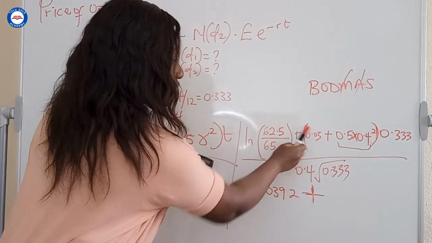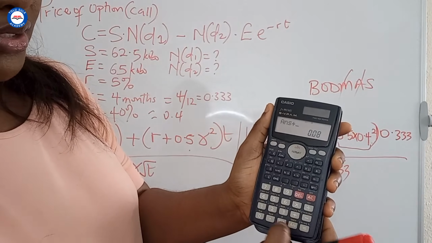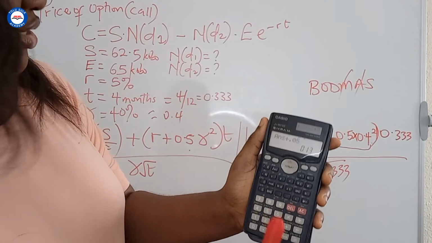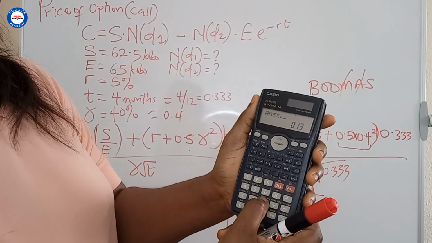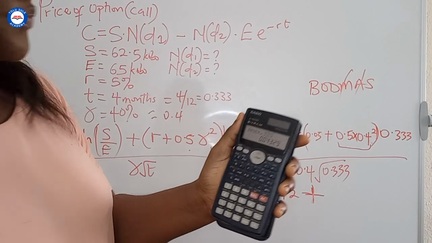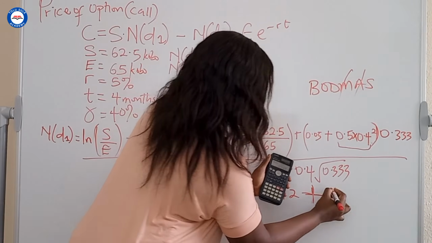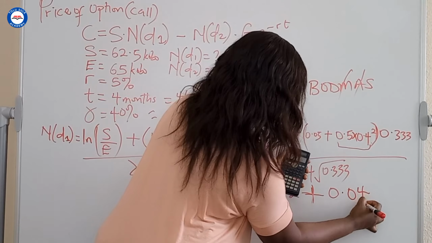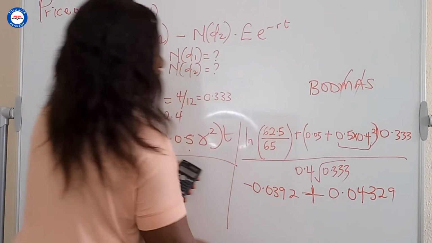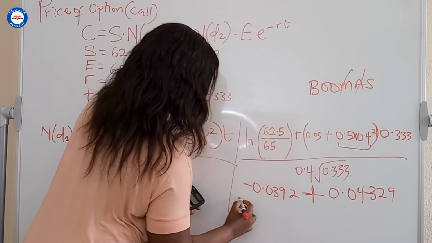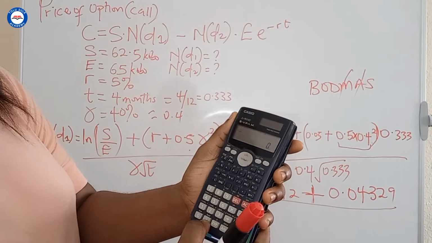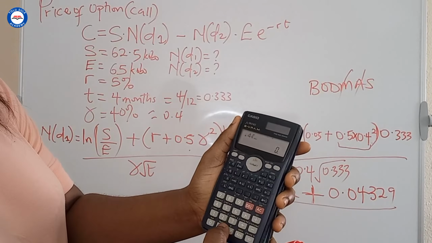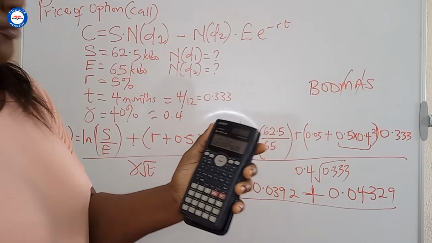Then you add 0.05 plus 0.05, then you get this. Then you multiply 0.333 times 0.333, you get this. So your answer is 0.04329. 433 is enough. Let's just continue. All over the denominator, you can just say 0.4 root 0.333. So you have